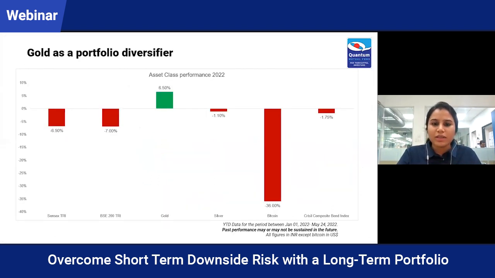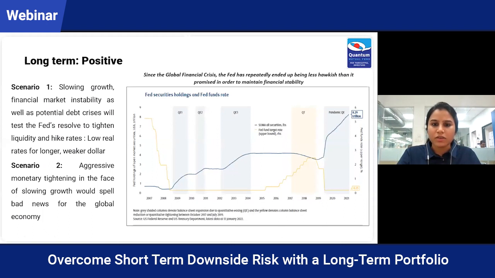The second scenario, we think, is that the Fed continues with its aggressive tightening in the face of slowing growth. That would not be good news for the global economy, because between mid-March and mid-June this year, the Fed has raised rates from 0 to 1.25%, or will have by mid-June. That's one of the largest and fastest rate hikes by the Federal Reserve. So understandably, this will put brakes on the economy, which since the global financial crisis and even more since the pandemic is used to easy liquidity conditions and low interest rates.